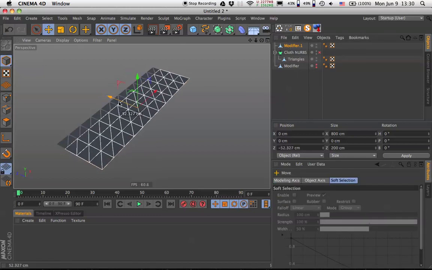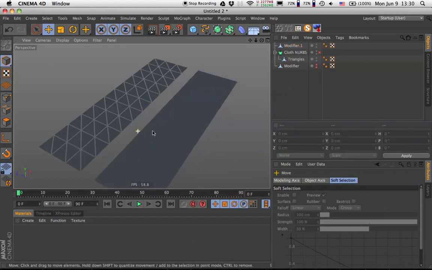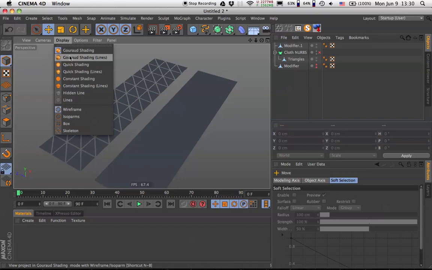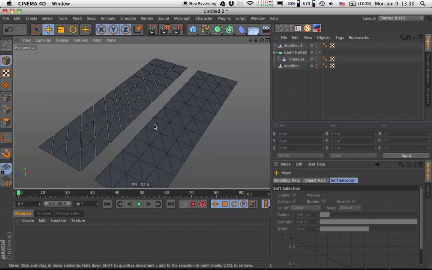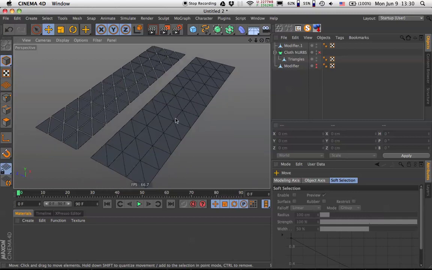Hit E for the move tool. Now you see we have gaps here, and we don't have gaps here, but if we go to Display, Gouraud Shading (Lines), we can see that the triangles are pretty much the same, but here we have gaps and here we don't have gaps. So if we apply the same modifier, we will be using